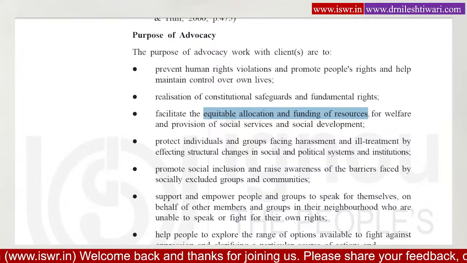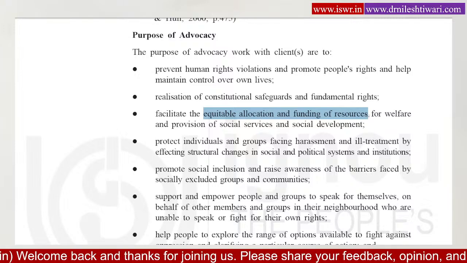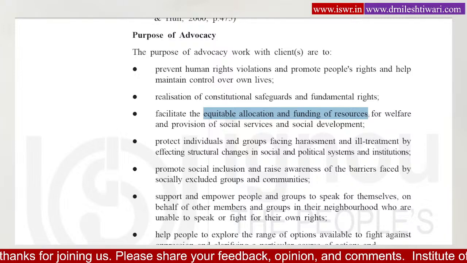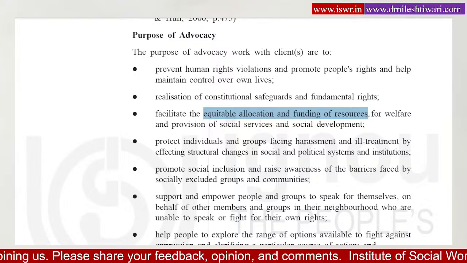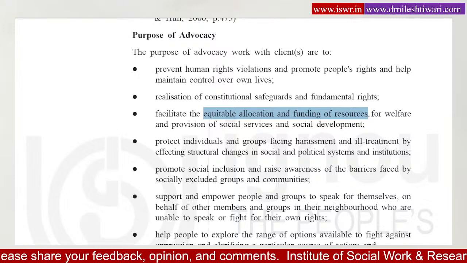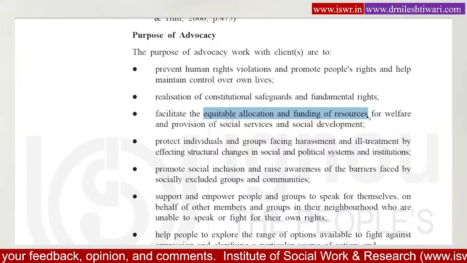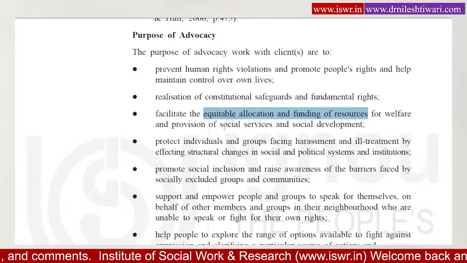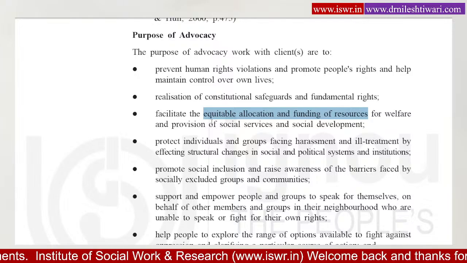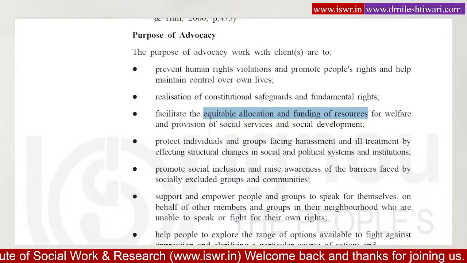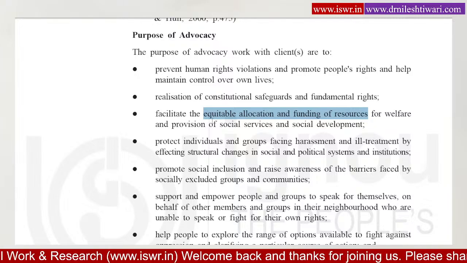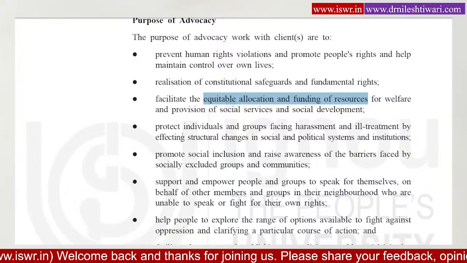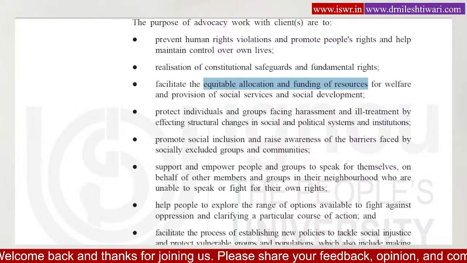Although there is a finance commission at the state level and at the national level, you will find in most rural areas there are several socio-economic, political, legal issues. So, as a professionally trained social worker, when we go for advocacy, we must try to get equity in all kinds of aspects of socioeconomic life, of enhancing the quality of life.